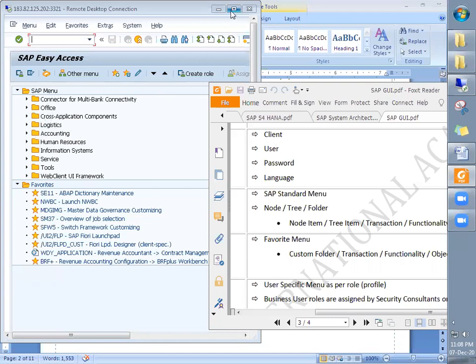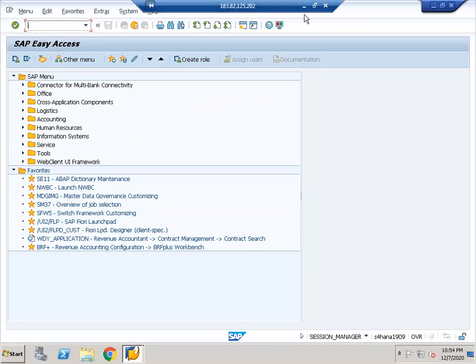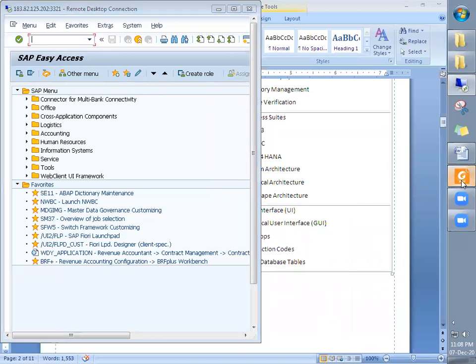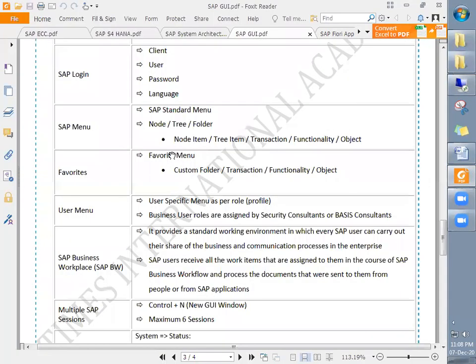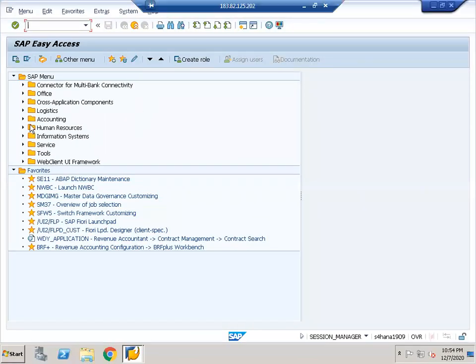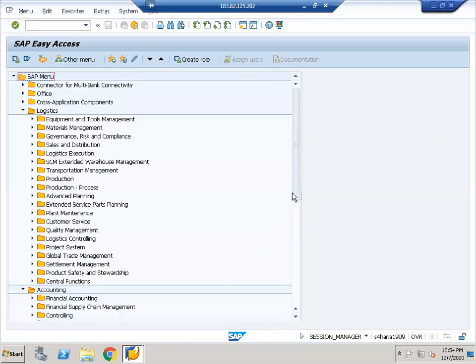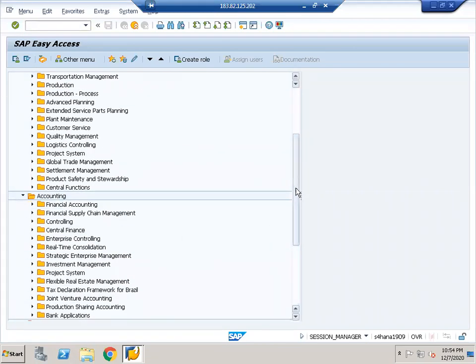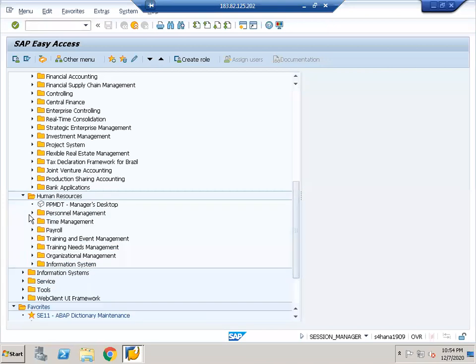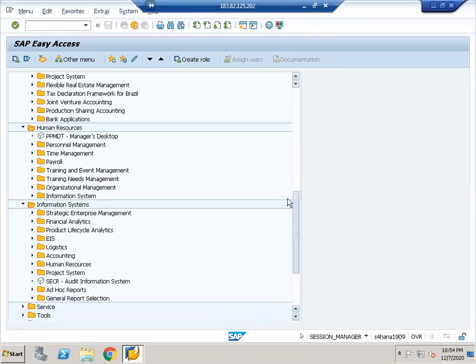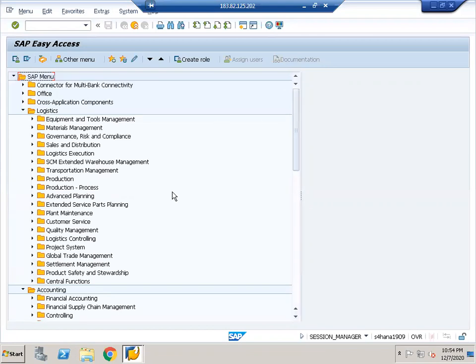For example, if you remember, yesterday I was explaining about different SAP modules, and I informed that some of the modules are grouped into logistics, accounting, HR, and so on. So different modules are grouped.